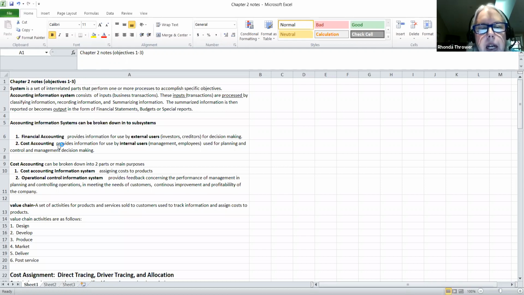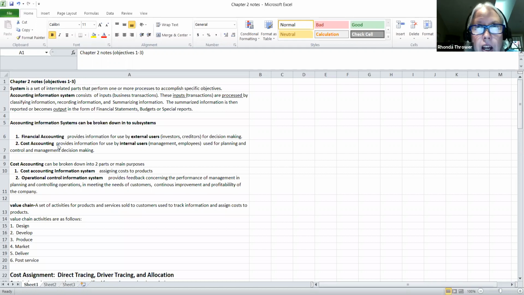Employees would probably be interested in how well the company is doing, just so that they can be assured that they'll have a job, or they may have some of their earnings invested in retirement for the company. So they too would be interested in the company from an internal point of view. But cost accounting reports are basically used for internal users, although there is some overlap, and of course management would